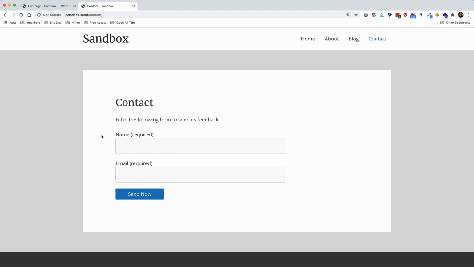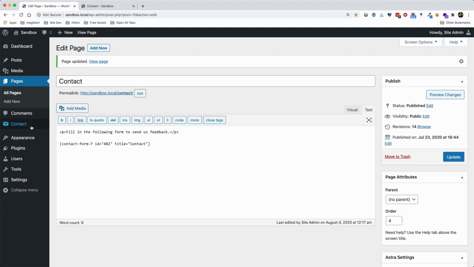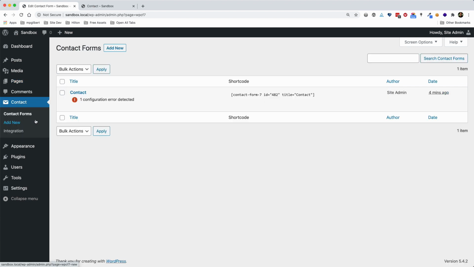So I think I want to add a phone number here, and then let's add a checkbox with a message to allow them to sign up for the newsletter. So we'll go back to contact, go into the form,